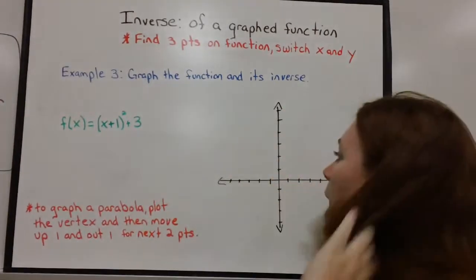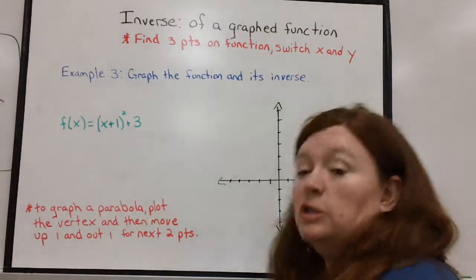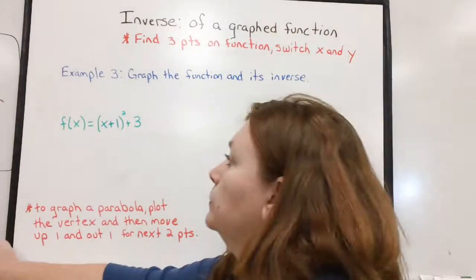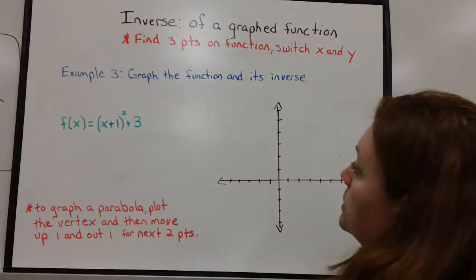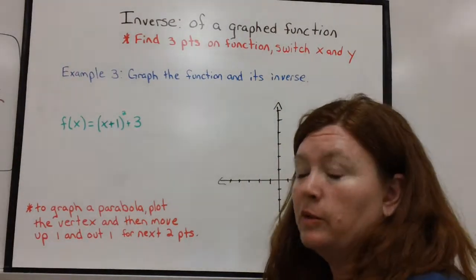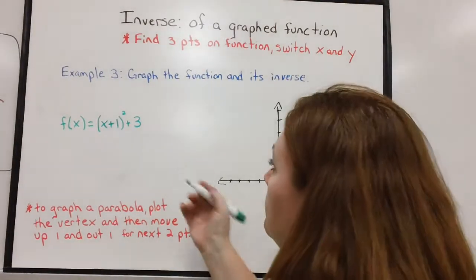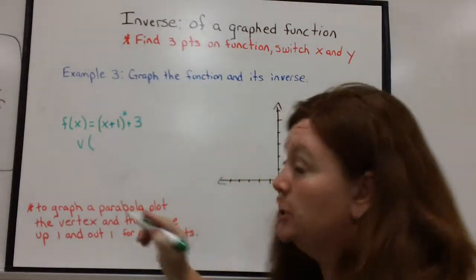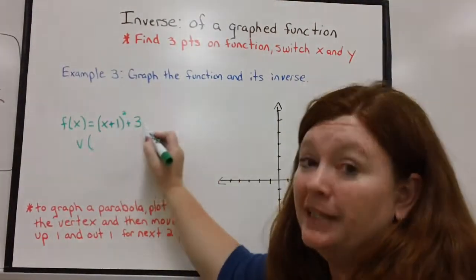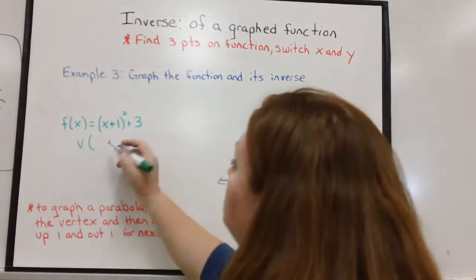Okay, I want to graph f of x equals (x plus 1) squared plus 3. Well, we know f of x is equal to y. Okay, so y equals (x plus 1) squared plus 3. What's the vertex? Or what is my starting point? Bad teenager analogy. In the house you do the opposite, outside the house you don't. So -1, 3